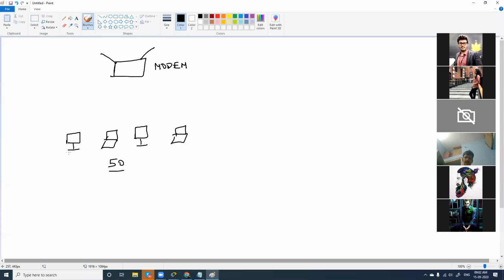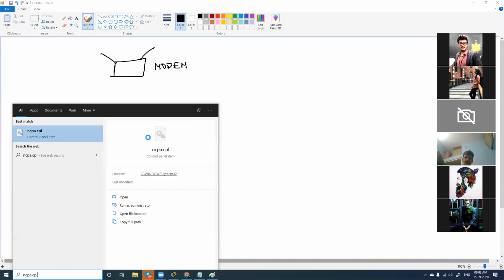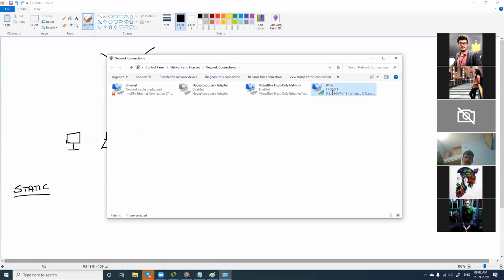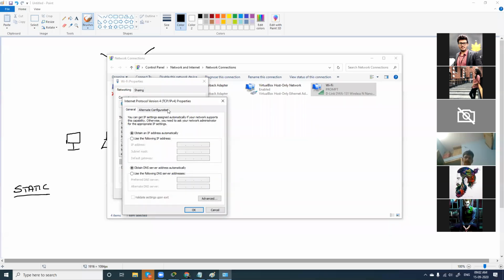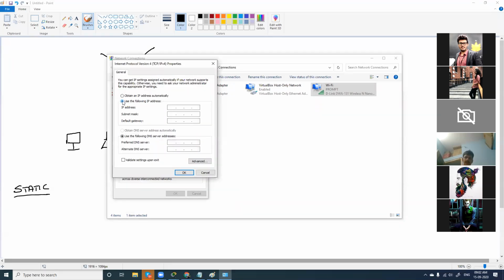One way of assigning IP addresses is static IP assigning, wherein you go and assign an IP address individually to all the devices. How will you do that? I go to properties, then TCP/IPv4 properties, click use the following IP address, and enter all these details one by one.